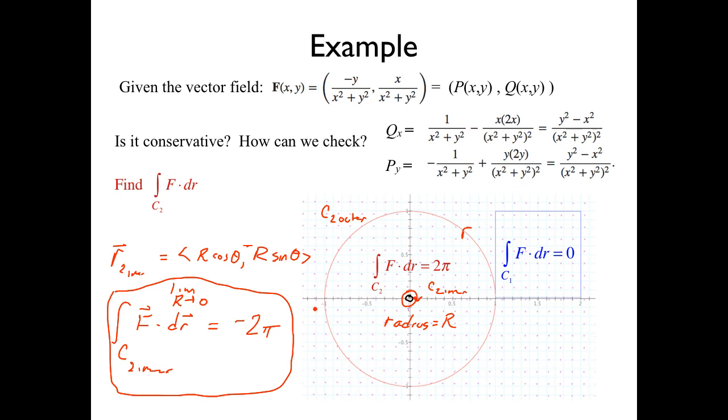You can do the math, right? When you set up this line integral, the reason it ends up being negative 2 pi is all the r's cancel out. All the r's go away, so the limit as r goes to 0 is just the same as what you get when you do the integral, because the r's go away. And you get negative 2 pi,